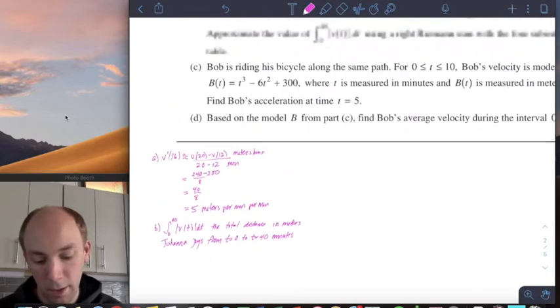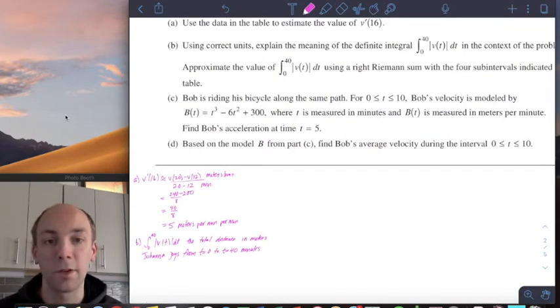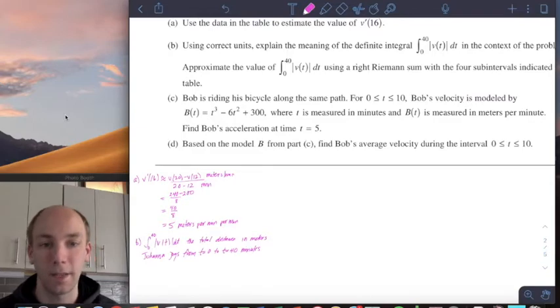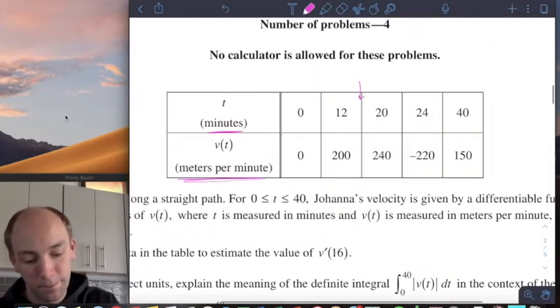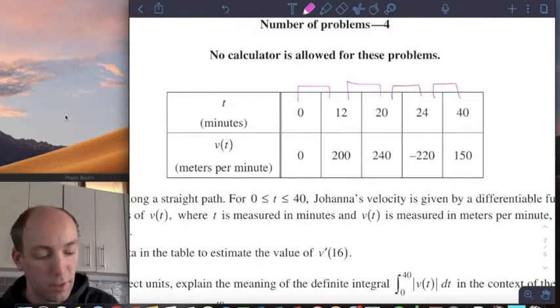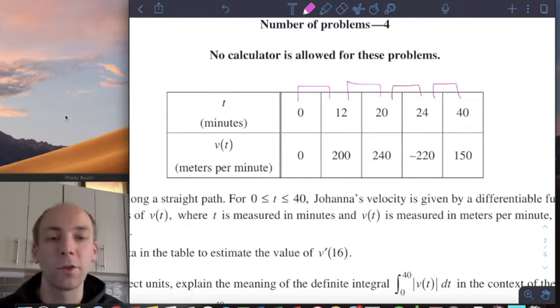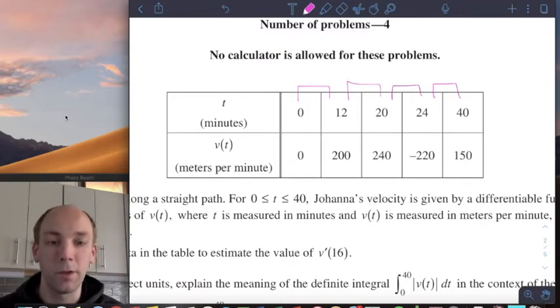Okay? If we continue, it says approximate the value of the integral from 0 to 40 of the absolute value of v of t using a right Riemann sum with 4 subintervals indicated in the table. So a right Riemann sum. If I have the 4 subintervals, we've got those points, so it's pretty easy to identify which 4 subintervals we're going to be using,